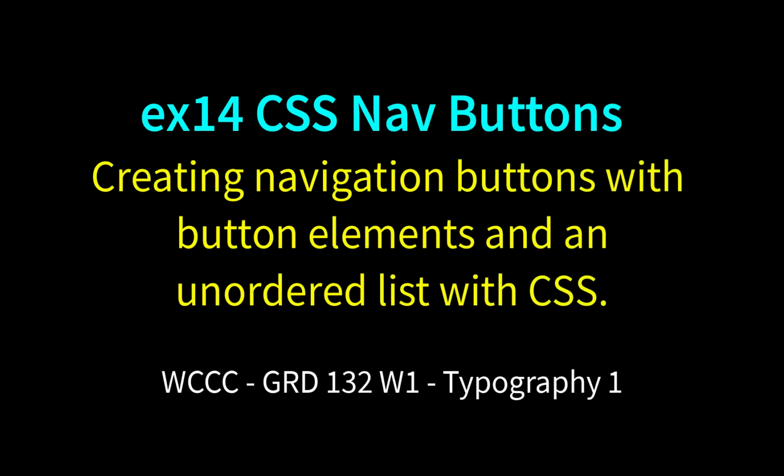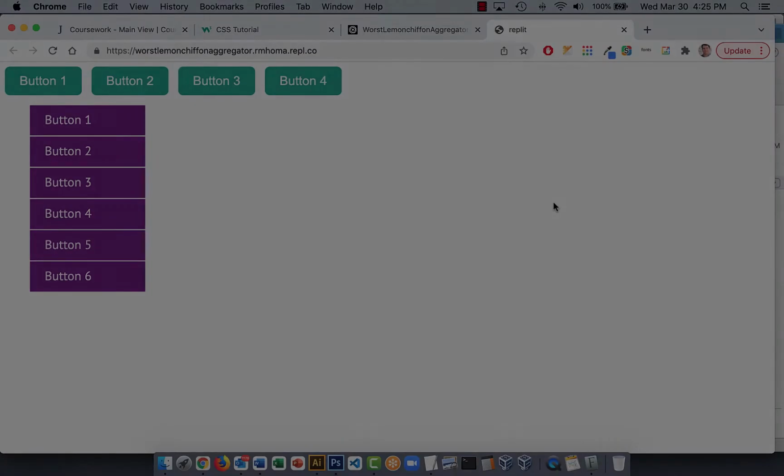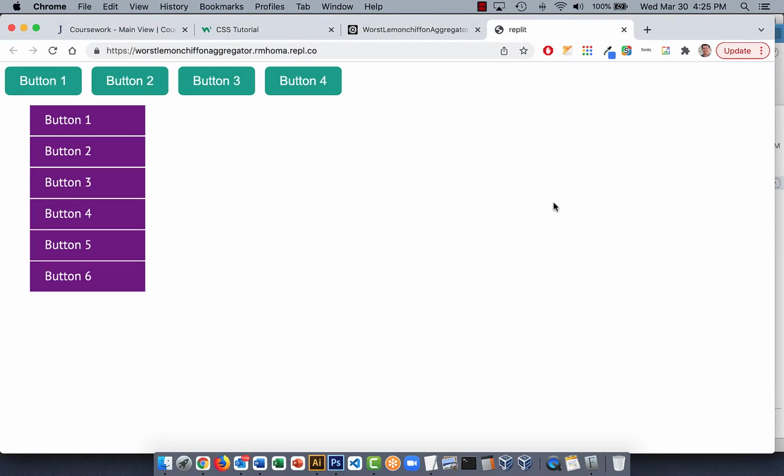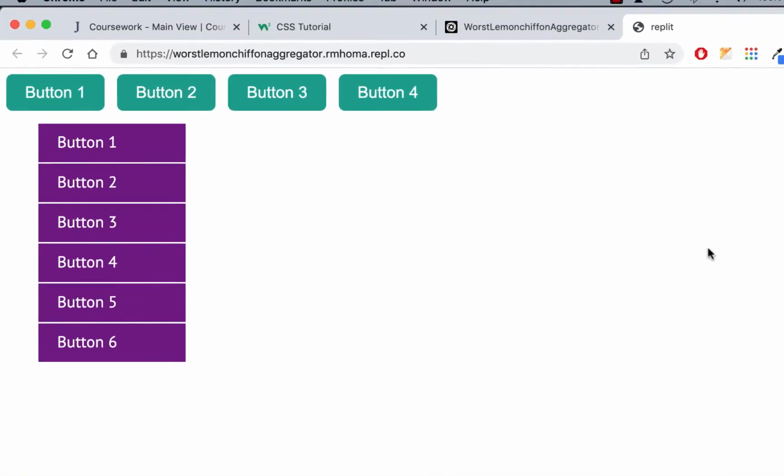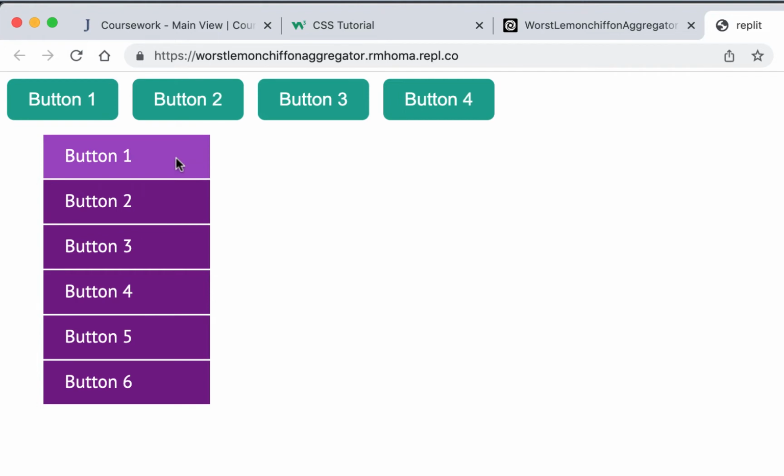Welcome GRD132 Typography 1 to a quick little exercise where we're going to do some navigation buttons. Since we've been working with CSS and working with web design a little bit and our chapter talked about navigation, we're going to make some navigation buttons. We'll do some round cornered ones that go along the top and we'll just do kind of a menu going